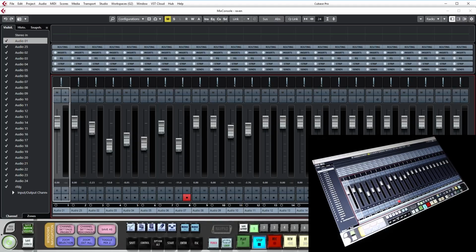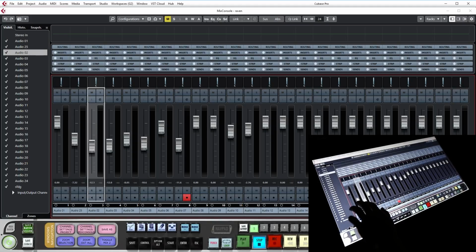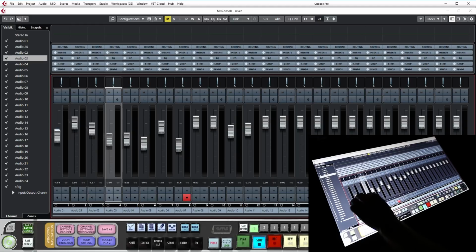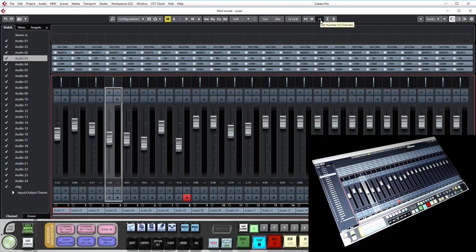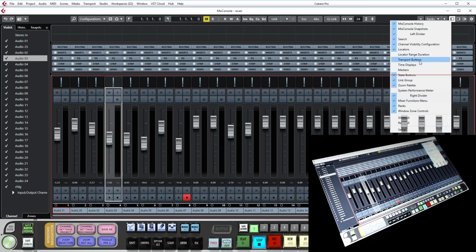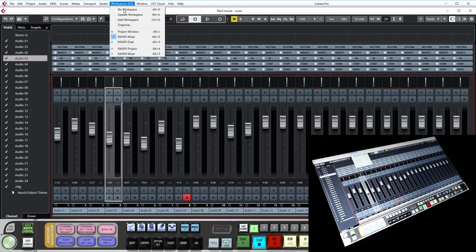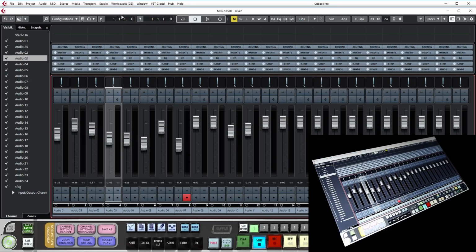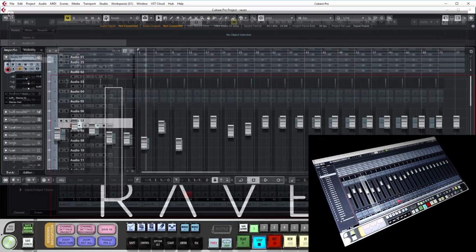Now our Raven internal mixer is syncing with the Cubase mixer, and we have multi-touch control over the Cubase Mix console. Also, for banking, be sure to show 24 tracks in the Mix console, as Cubase and Raven always want to bank by 24 tracks. And if users would like to make any adjustments to certain items showing, make your adjustments, update the workspace. Now, this workspace will always show the correct settings when switching between the project and Mix console.